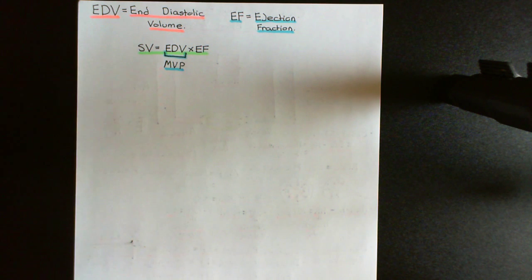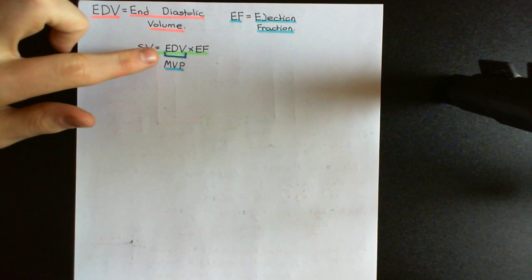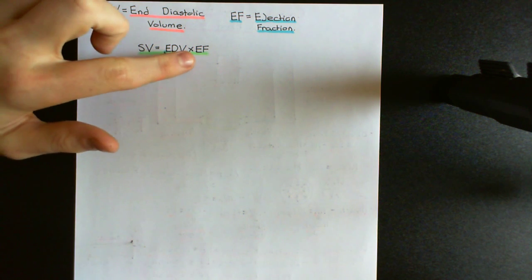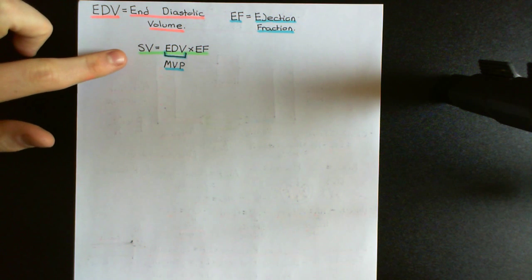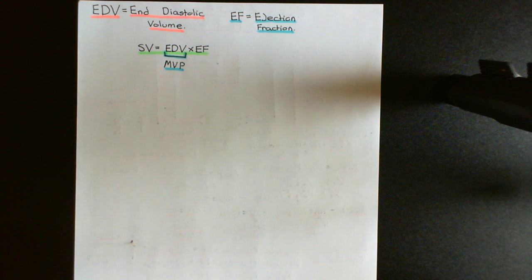So increasing end diastolic volume, you wouldn't think that that would actually increase stroke volume. You would imagine that if you increased end diastolic volume, the ejection fraction would have to go down, i.e. the fraction of the blood that you actually successfully ejected would go down, and therefore stroke volume would remain the same. Okay, and I'll remind you the reason for that is because every drop of blood the heart ejects into